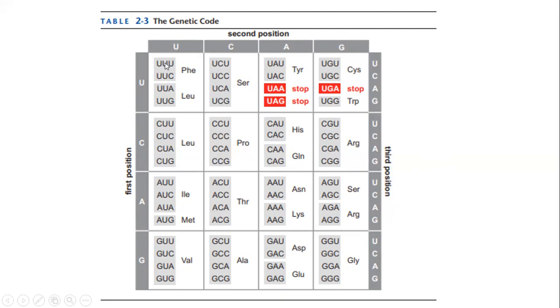Leucine is also encoded by several triplets, four more here, and isoleucine by 3, methionine by 1, valine 4, serine 4, proline 4,